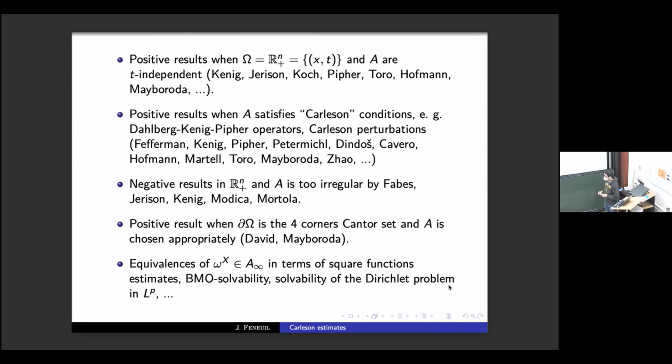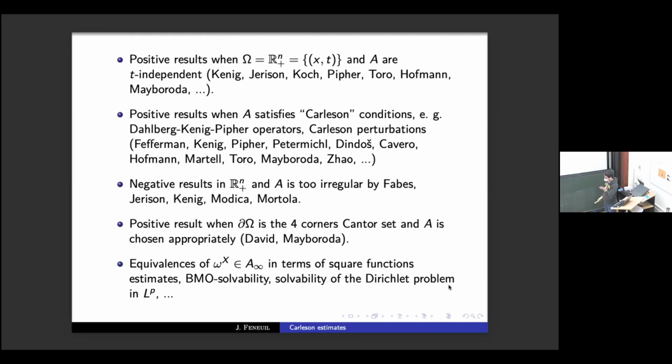So what is a Carleson condition? I will introduce the definition later, but you need to think that something that satisfies a Carleson condition will be something which is small in some sense. It will be small in a lot of places and in a quantitative way. So why is this not surprising? Because you can characterize uniform rectifiability using Carleson measures and conditions like this.